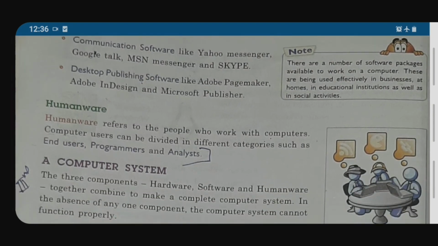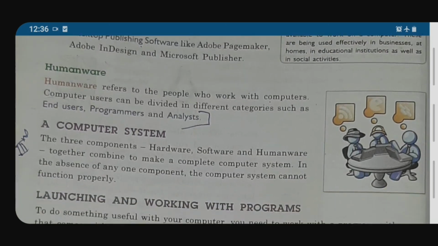Next is humanware. Humanware refers to the people who work with the computer. Computer users can be divided into different categories such as end users, programmers and analysts. So these are the three components of a computer. Hardware, software and humanware together combine to make a complete computer system.